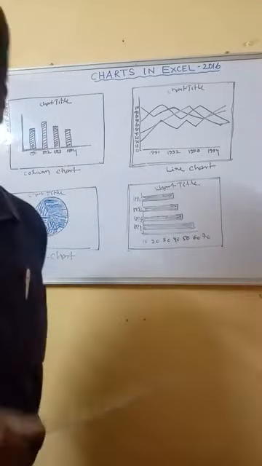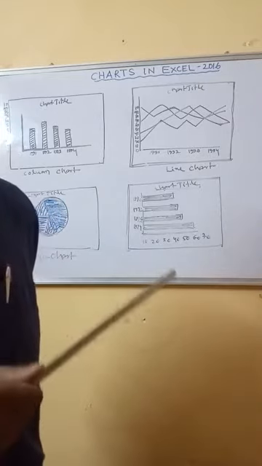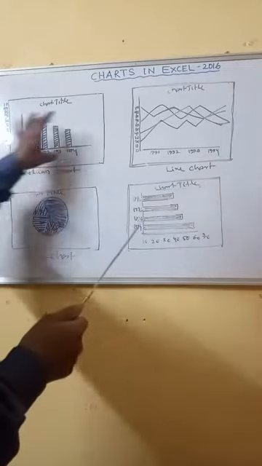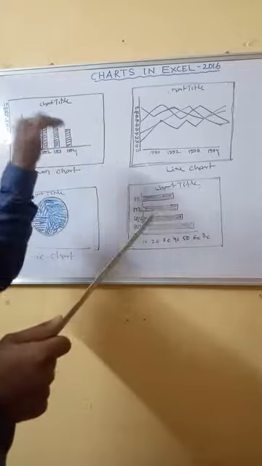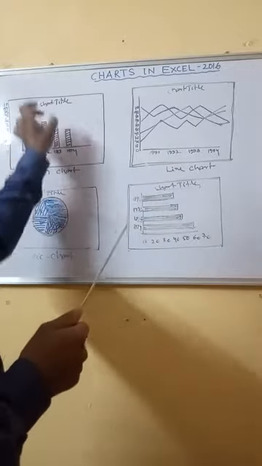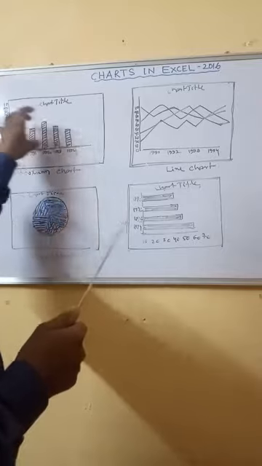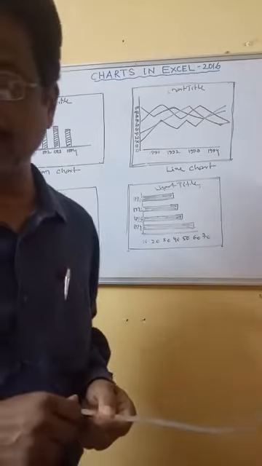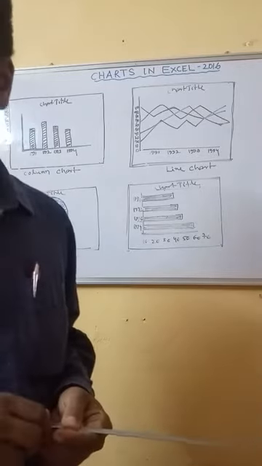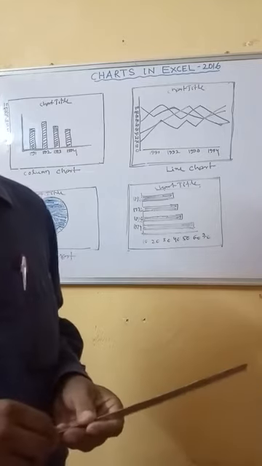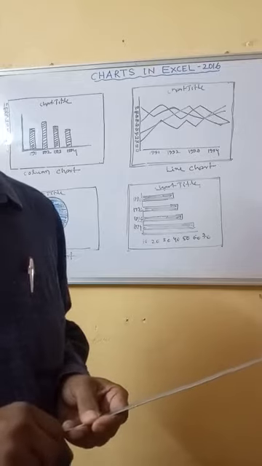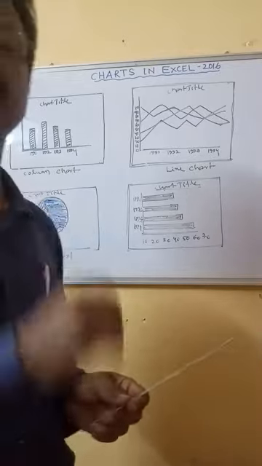A column chart is useful for showing data changes over a period of time or for illustrating comparison among items. So here you can compare easily, because in a straight way from top to down these are all standing, so you can compare them all easily. A column chart is a commonly used chart type to display data in vertical order, and the column chart categories are typically organized along the horizontal axis and values along the vertical axis, as I told you.